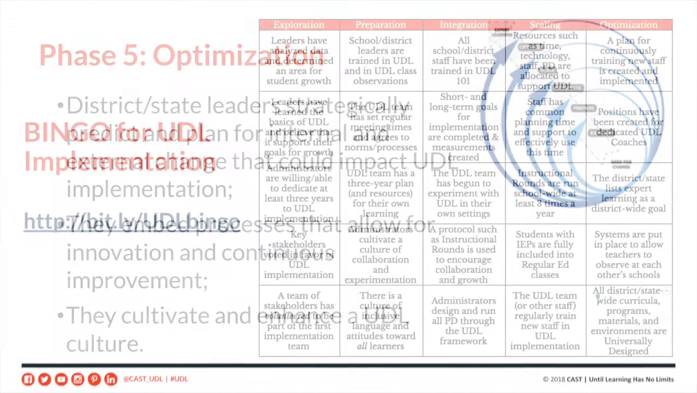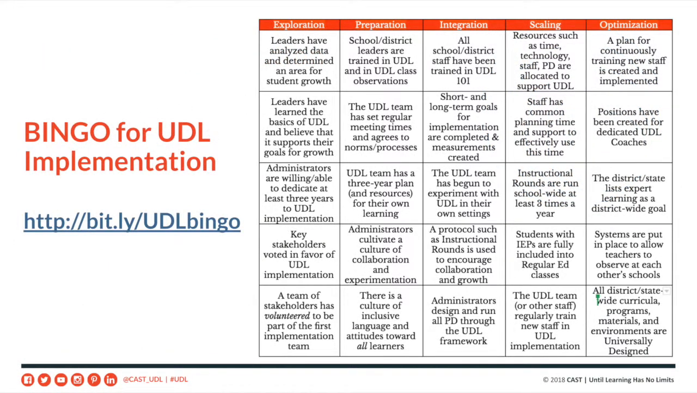It might be helpful to print out this implementation bingo page that we've created. So just go through, mark off all the boxes that you think you're doing well, and hopefully this will give you a visual representation of where you are in your journey and what remains to be done. And again, if you want more details, you can go back to the implementation worksheet that I gave you at the beginning of the slideshow,